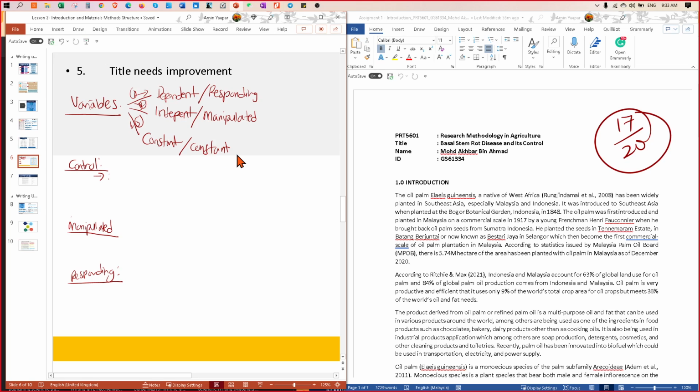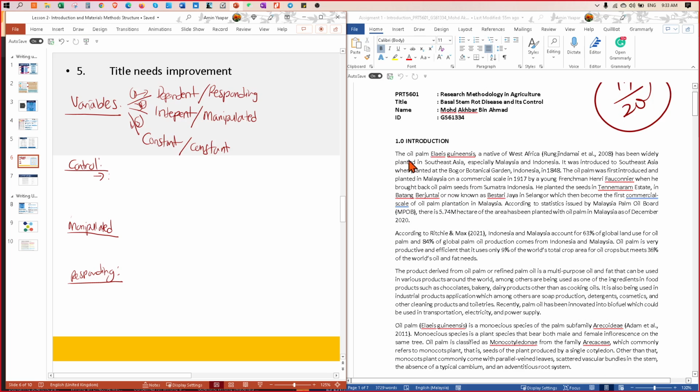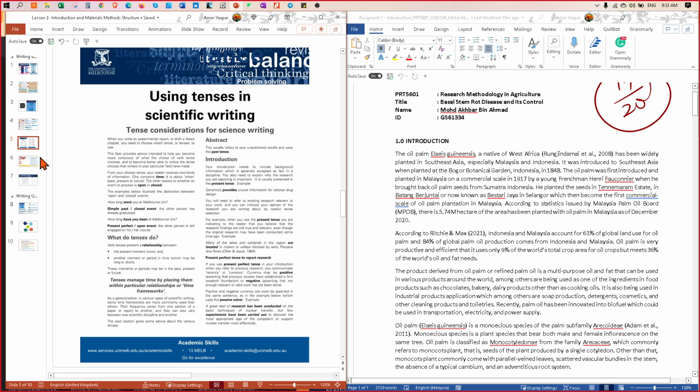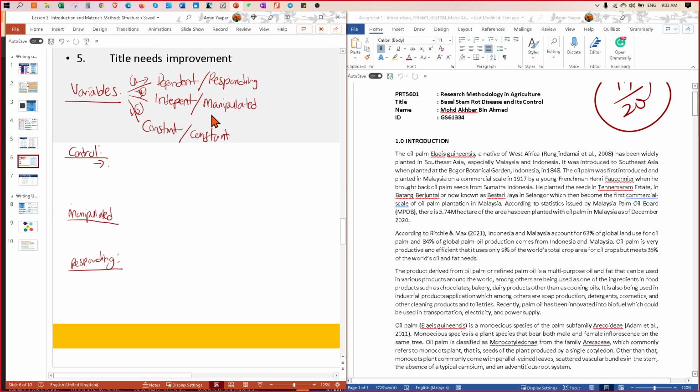This is the thing you want to study, whatever the effects are on. So for your experiment, oil palm is your control or constant variable. So it should be oil palm.